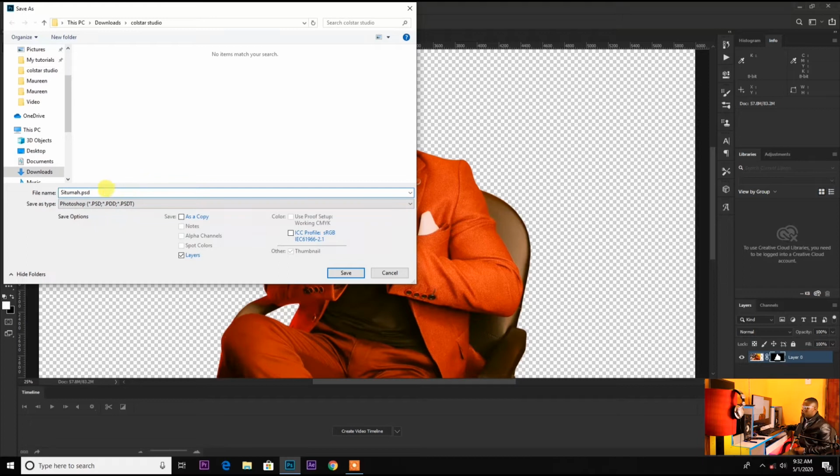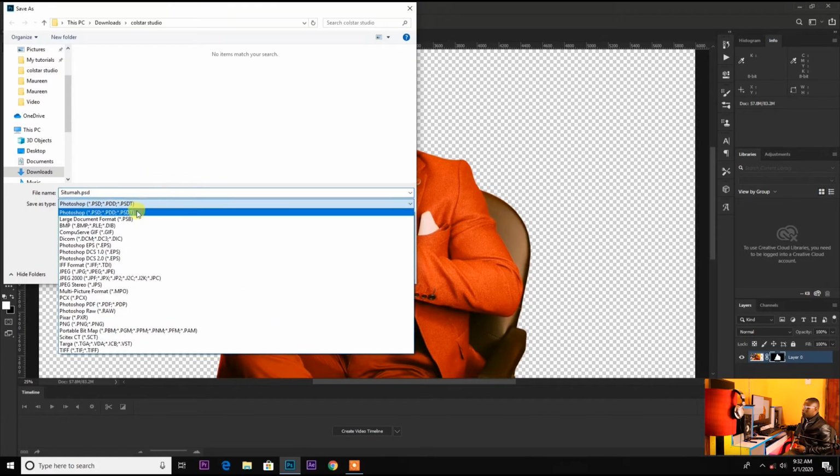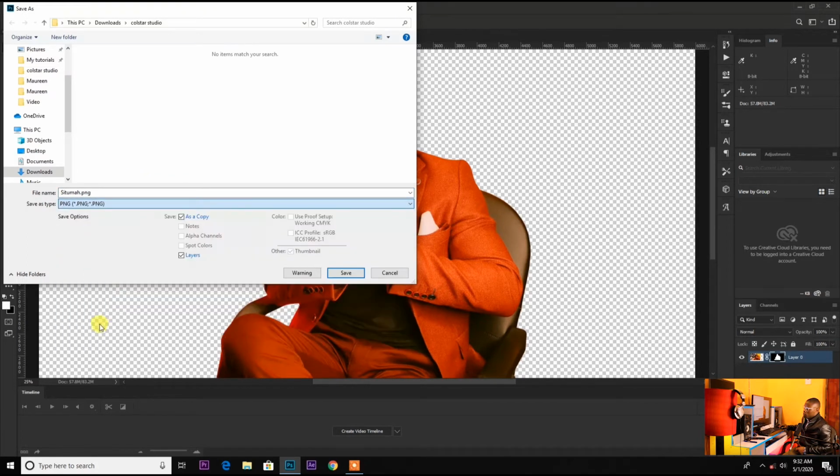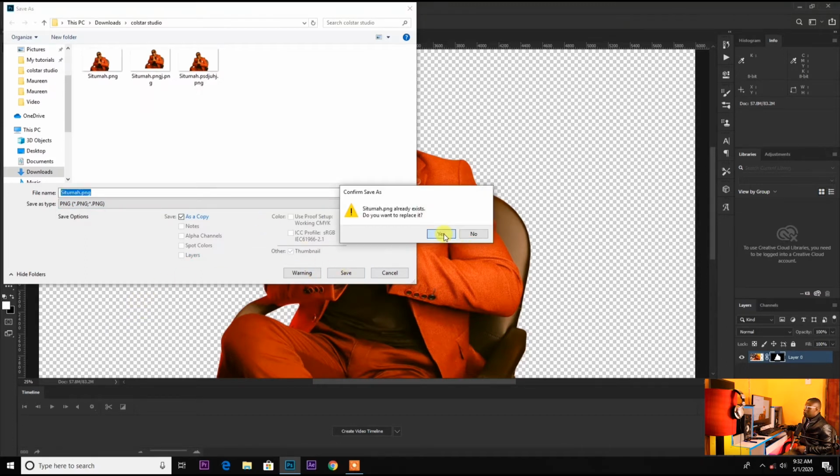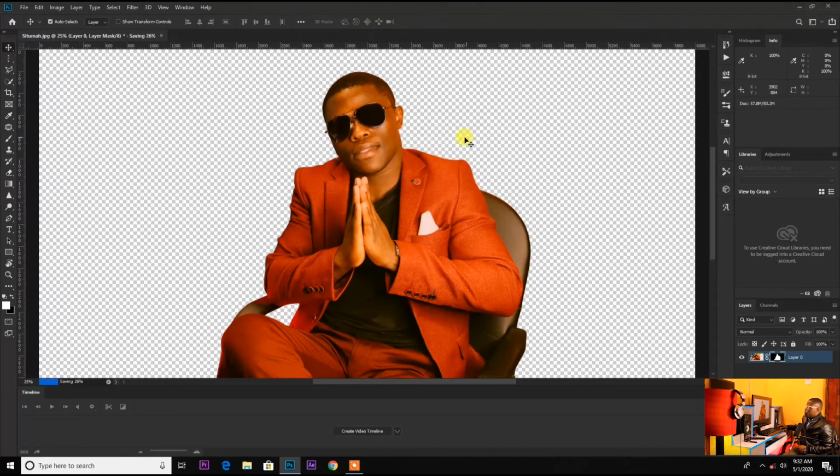Name your image, and then under this choose PNG, just like that, and then save. Click OK, and we've saved that image as a PNG. So that image we can use it on a different background, and we won't have to go through the same